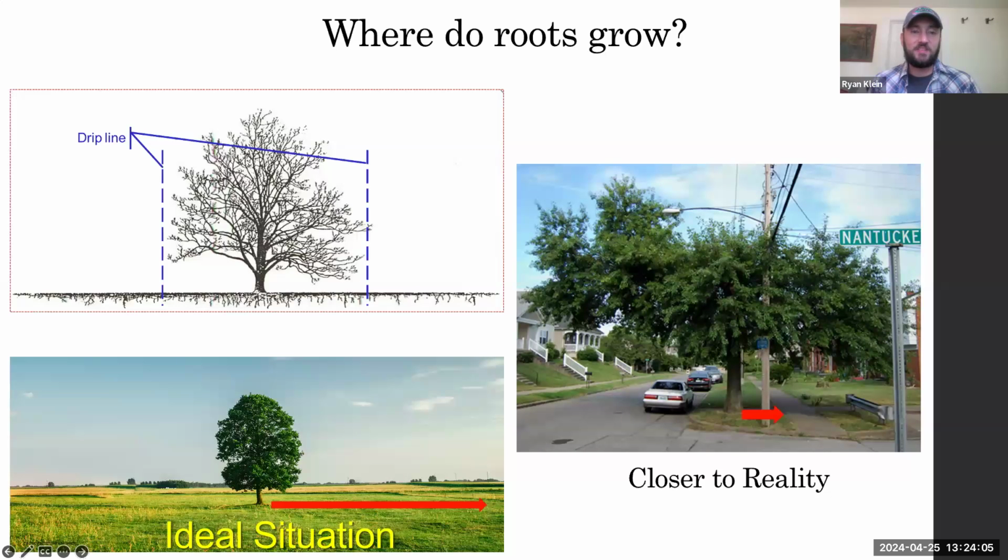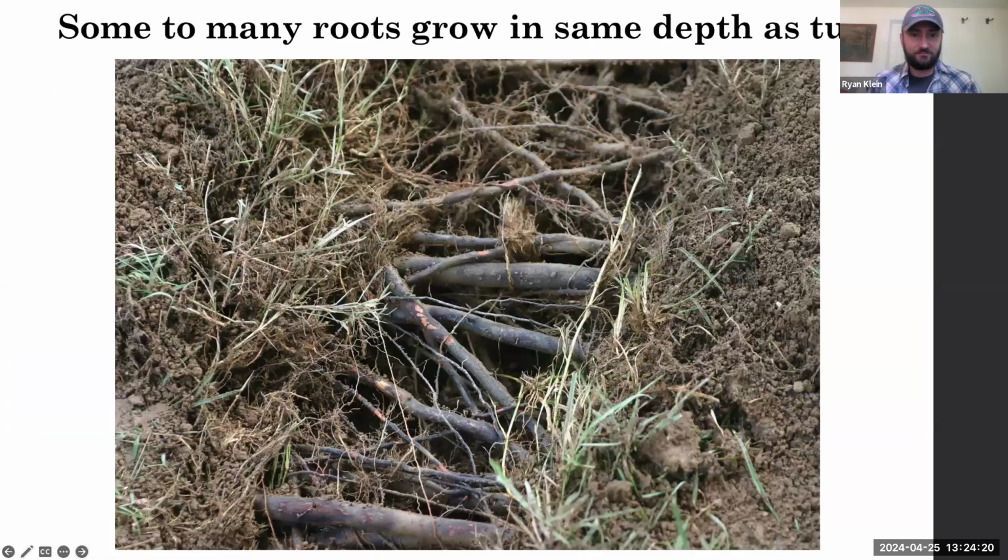But more commonly, we see the image on the right here where you have utility lines above, small planting strip, improper pruning. So trees are more subjected to situations like that in the urban environment rather than the open planting space. Typically, trees are going to grow in the top 12 to 18 inches of the soil. So some of the things we do as far as managing turf can have an impact. Fertilizers, herbicides, competition with other resources like water and stuff like that.